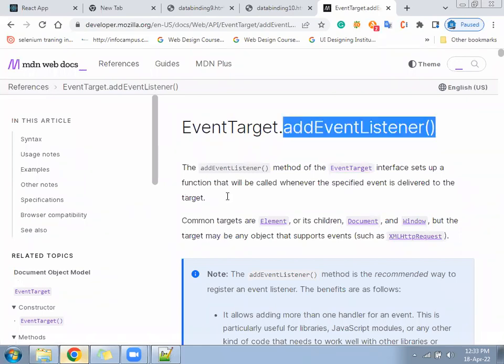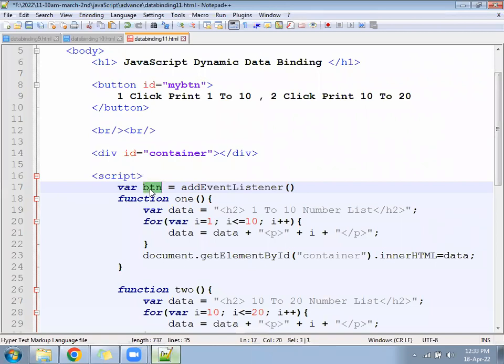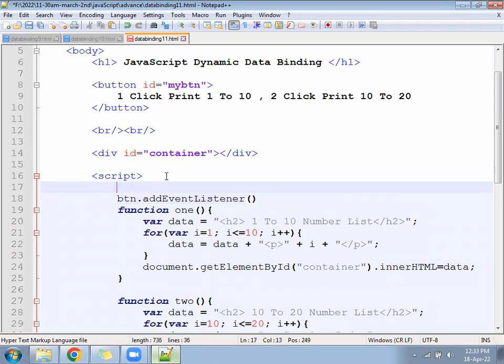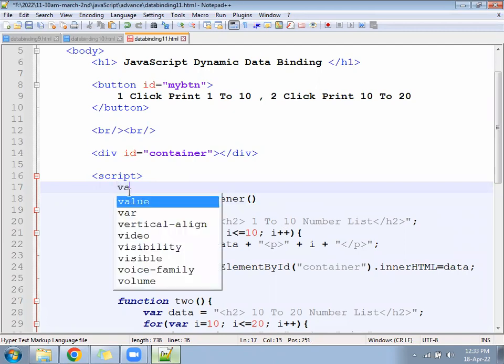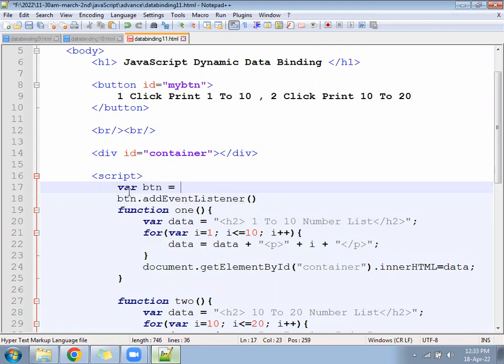Okay, so this we add here. This will not be like this. It will be button dot add event listener. Okay. Now this button came from where? So you have to create a variable where btn equal to